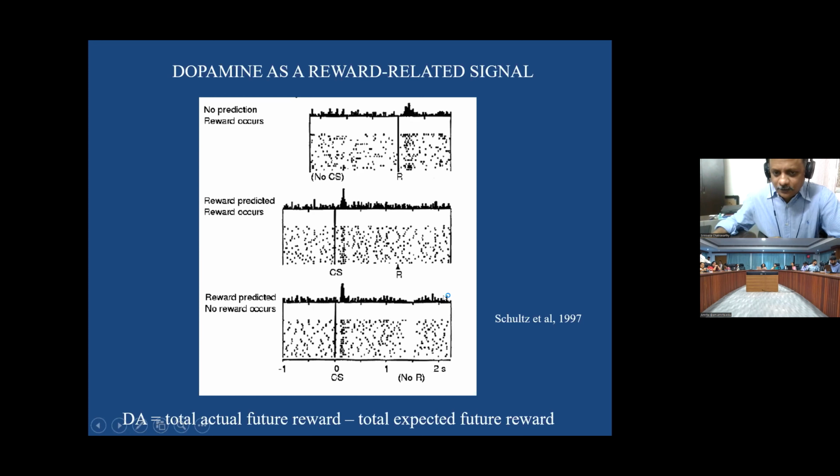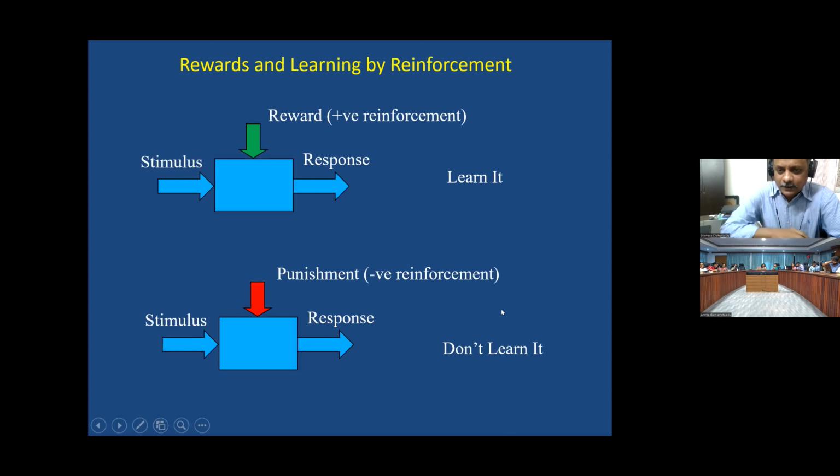So which means that the dopamine cells' firing doesn't just represent the coming, the arrival of reward. It's not just the anticipation of reward. It seems to be a difference between the actual future reward and the expected future reward. So in the last case, the future reward is low, right? The expected reward is high. So there's a difference, and there's a negative value. So there's a dip in the firing activity. So this indicated that dopamine cells firing represents a reward prediction error, the error in reward prediction, and not just